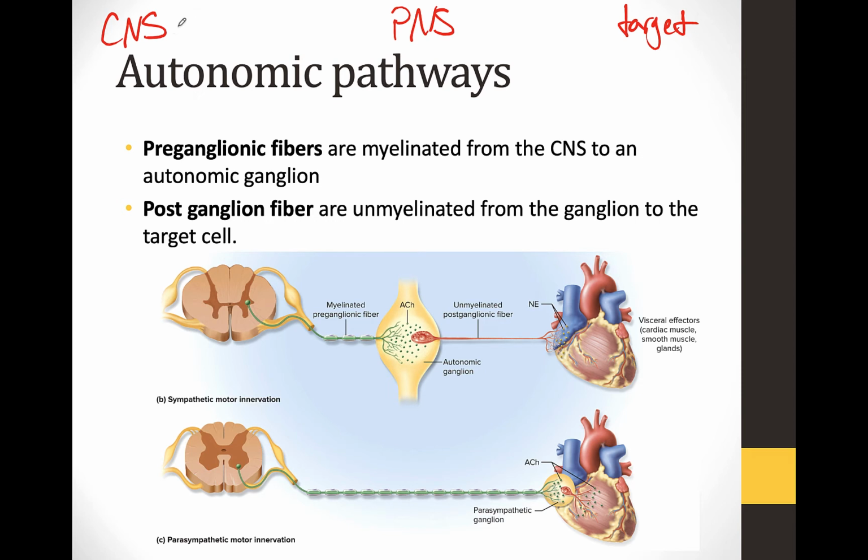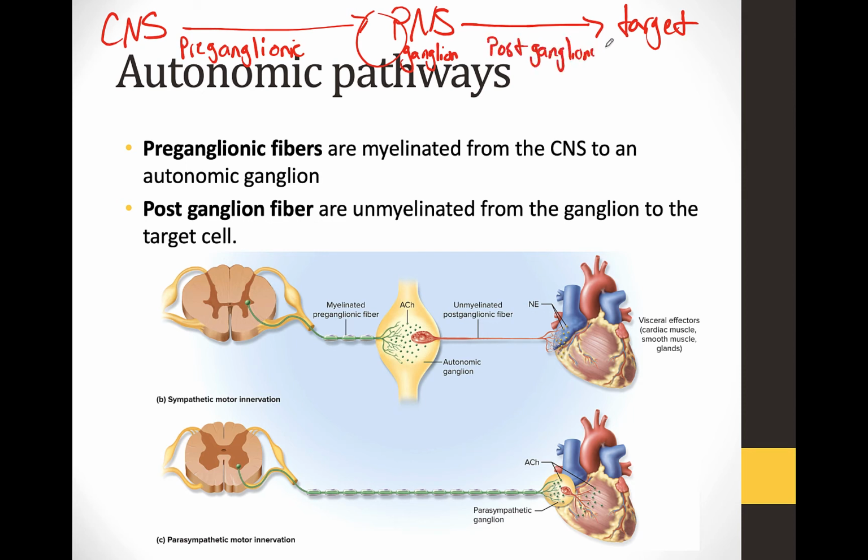So from the central nervous system, we have what's called a pre-ganglionic fiber. And then it's going to synapse in some ganglion. And then you'll have a nerve that goes from the ganglion to the target, and that is called the